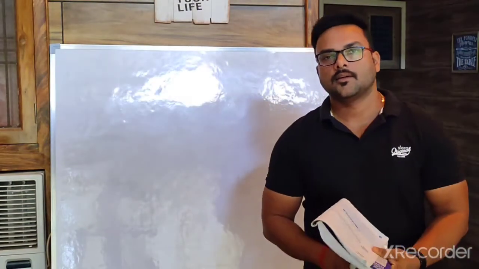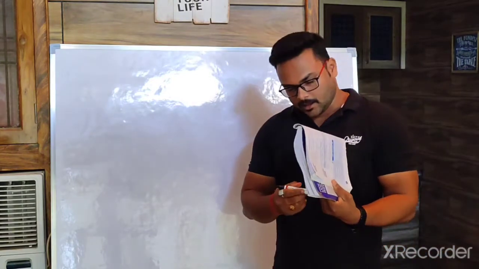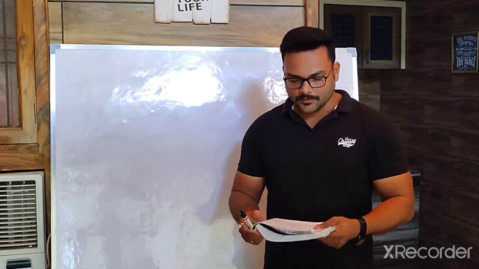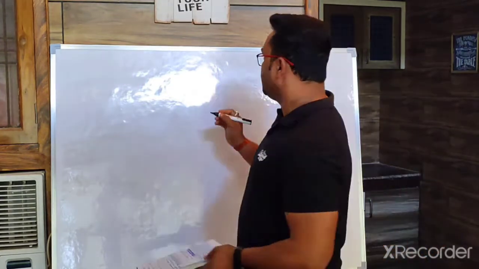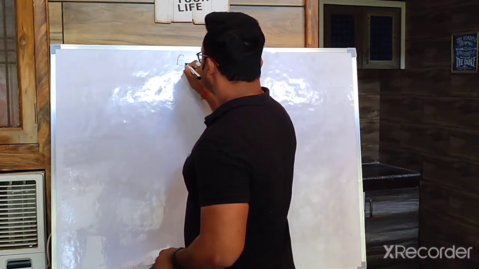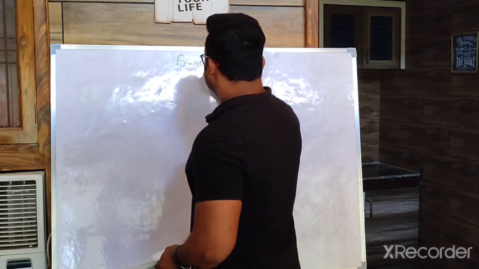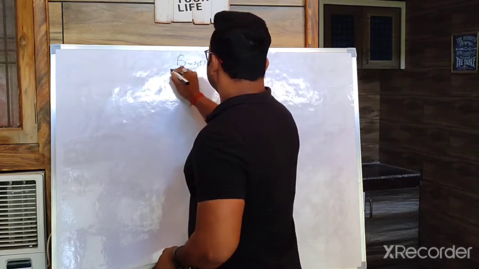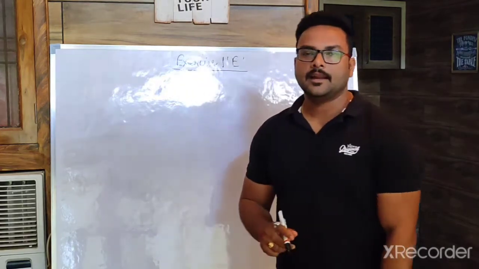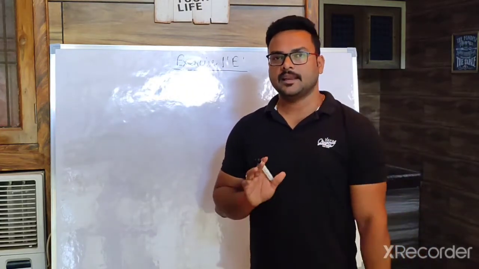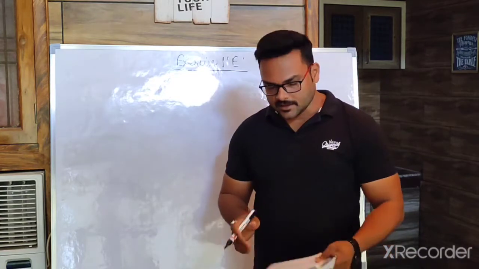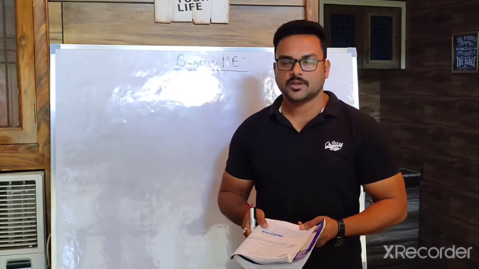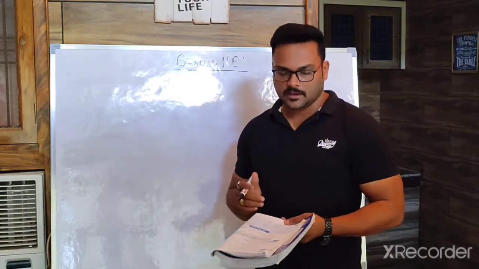Hello dear students, in our last video we discussed how to find the rational numbers between two given rational numbers. Now today we are going to solve our Exercise 1E. As I told you, finding a rational number between two given numbers is very easy. It is a very easy method, and we discussed it through examples in our last video. Now today we have to solve our exercise.